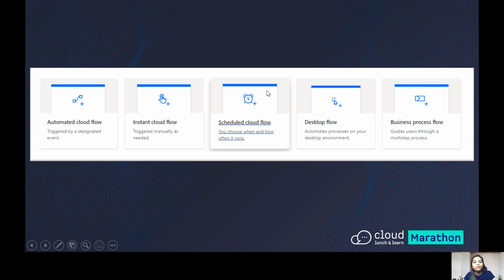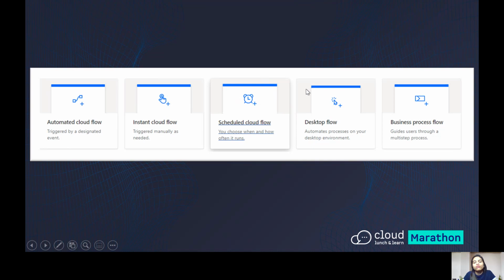Moving on to the scheduled cloud flow, this is my favorite because of the ability it gives you to run on any day, any time, and any time zone. So if you are very sure that by 10 o'clock Monday you will have all your data ready and you want to send that email, get that template ready on your own and shoot out the flow at 10 o'clock, and it will give you the desired output. It can even send the emails to your team members or integrate with your Microsoft Teams for that matter.